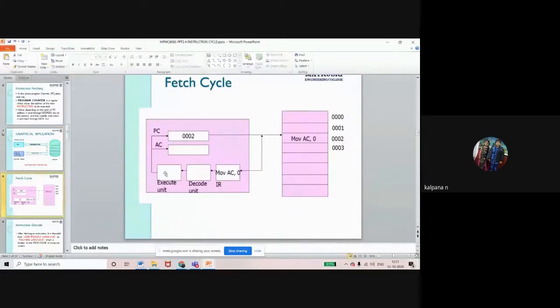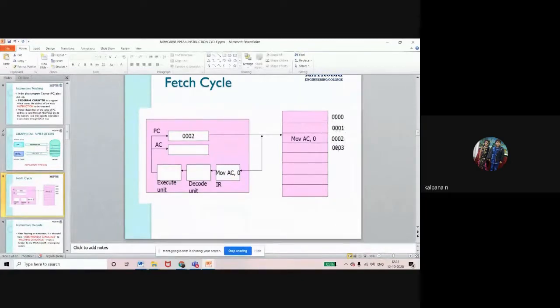Okay, see here, this is the memory location. This instruction we are giving: move AC comma 0. Where is move AC comma 0 stored? This is the memory location, right? The memory is divided into a number of partitions, and for each partition or block we give some numbers.